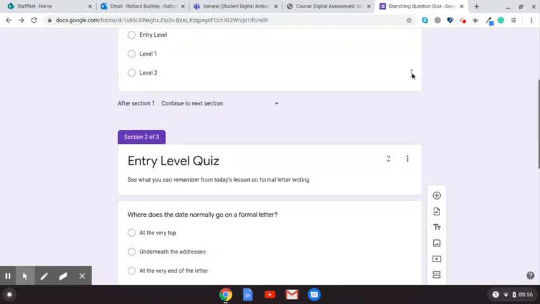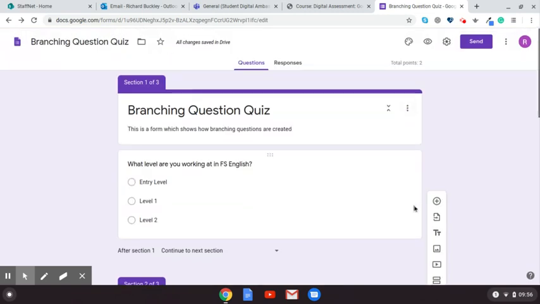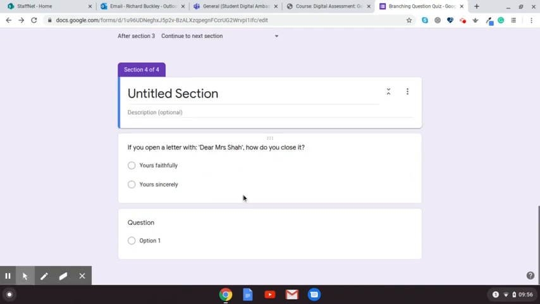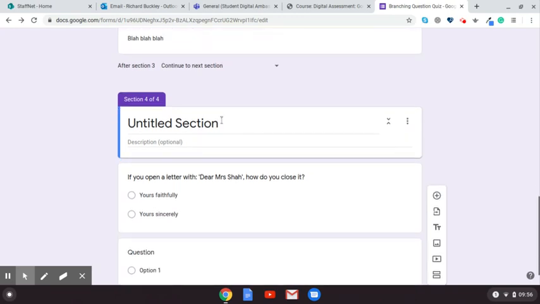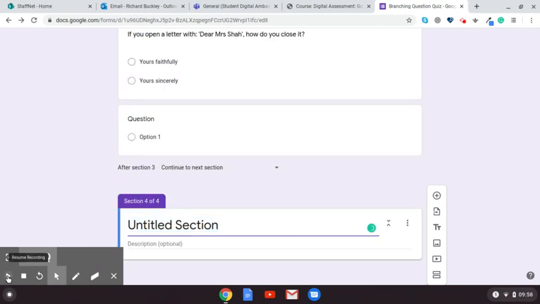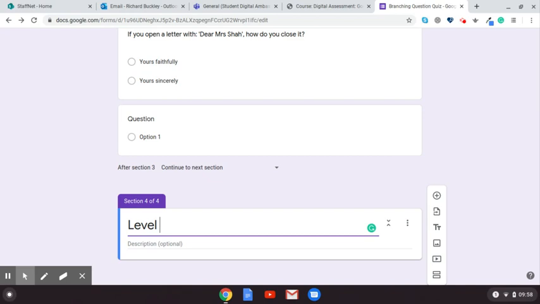So if we just finish off and do level 2, just to make sure it's all sorted. And also the good thing about this is you can differentiate the type of question that you need as well. So for our level 2 learners, for example, rather than asking a series of multiple choice or true-false questions, we might wish to set them something a little more complex, a little more involved,